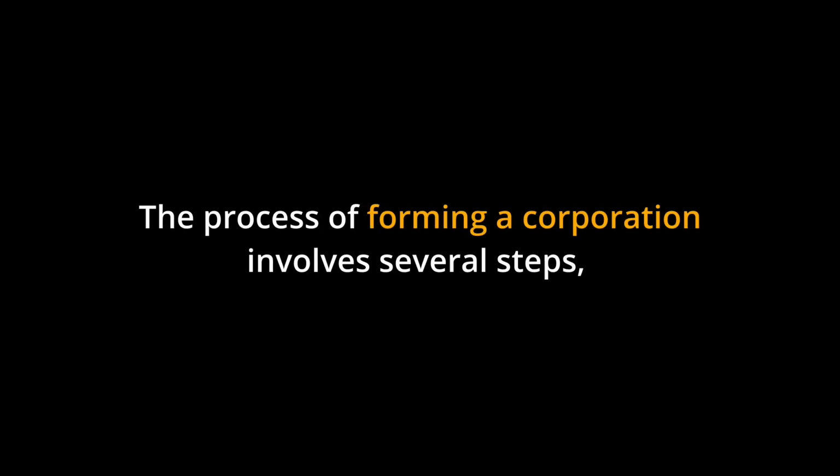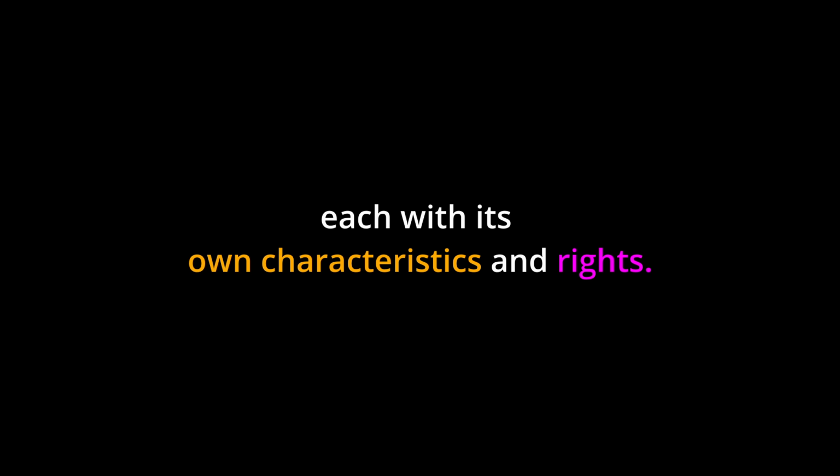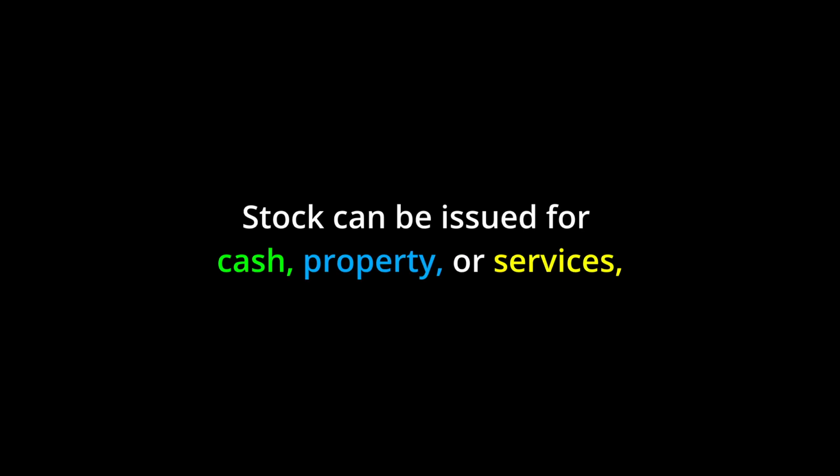Key points. The process of forming a corporation involves several steps, resulting in a legal entity that can issue stock and raise capital. Corporations have two classes of stock, common and preferred, each with its own characteristics and rights. Stock can be issued for cash, property, or services, and the accounting treatment varies depending on the type of stock